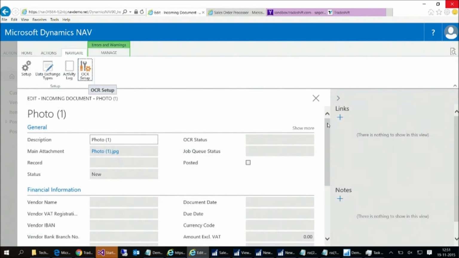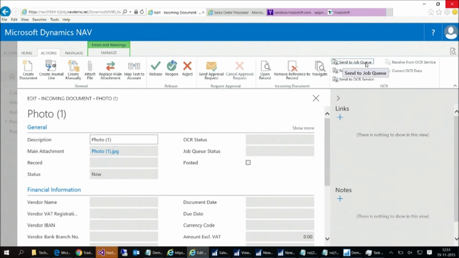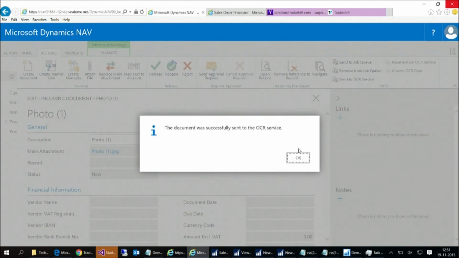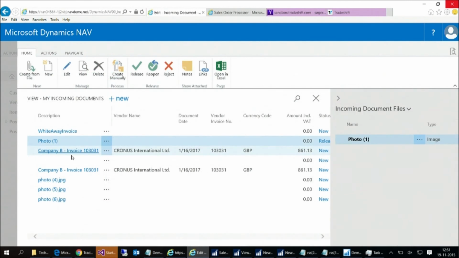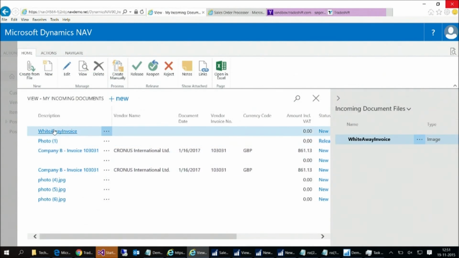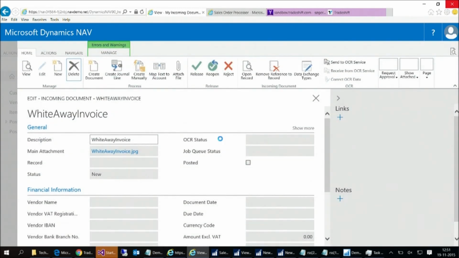So if I go back to the photo that I would like to send, all that I have to do here is that I can either send it to the job queue, or if it is really urgent, I can send it to the OCR service. So if I invoke this action, and the document was sent successfully to the OCR service, and I can maybe send another document to the OCR service. Let's see. So this invoice is a different one. So if I say send to OCR service first,